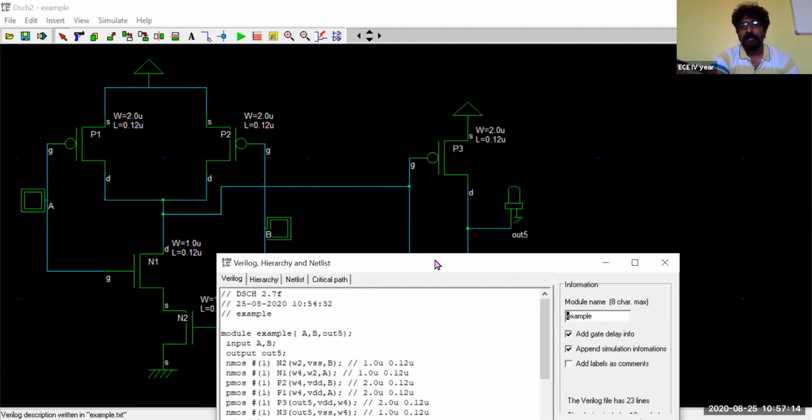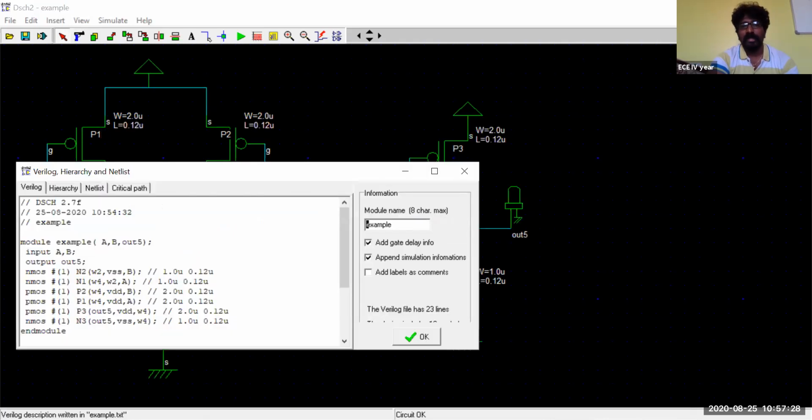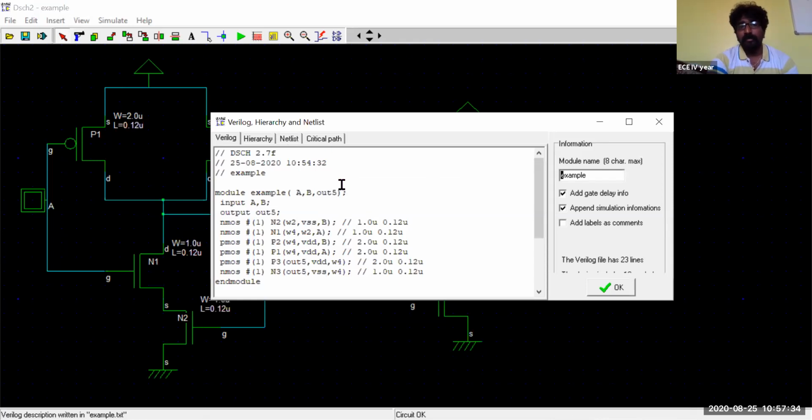Similarly for N3, the inputs are the gate terminal, which is coming from wire 4, and VSS is another input, and the output is out 5. So this is how you will be obtaining the Verilog code for any kind of CMOS structure you try to design in this DSCH. You can name it and save it for further use. In order to generate the layout, we need all these Verilog programs.